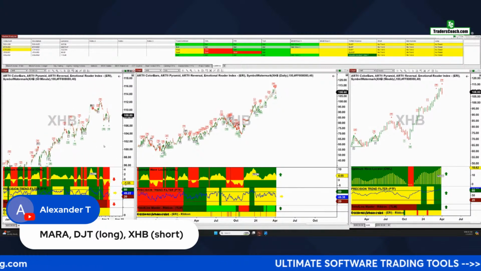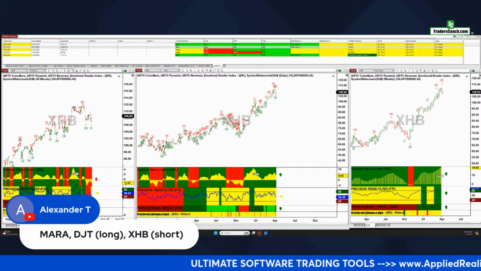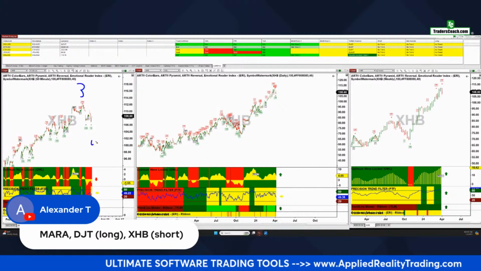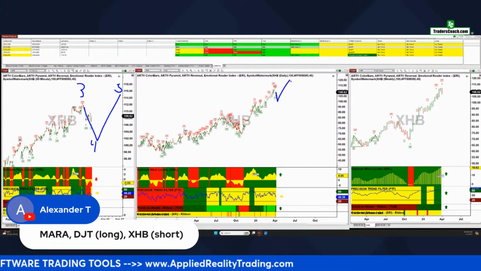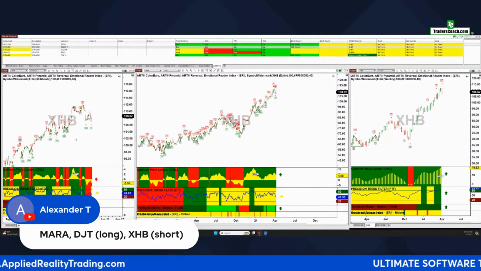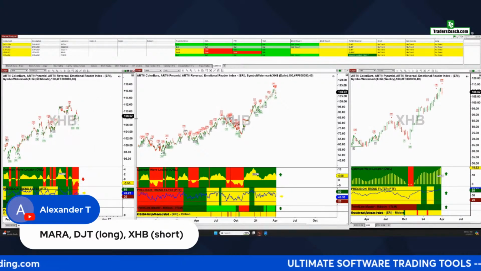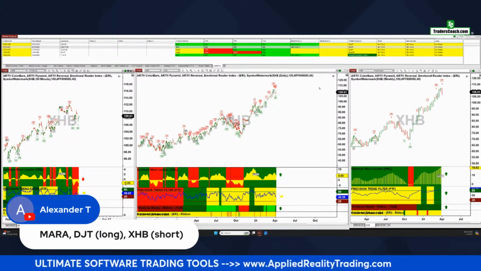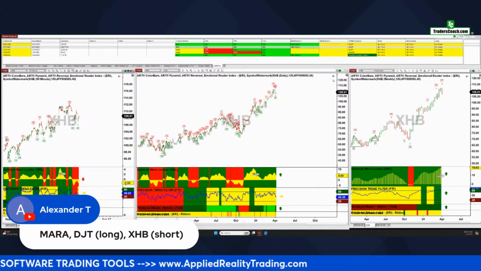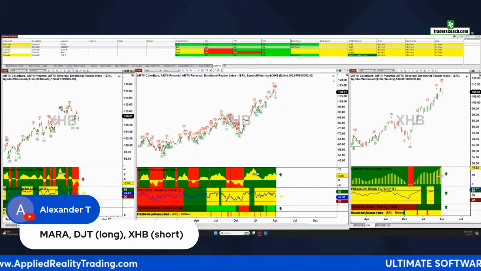And if you look at this, this will form the hook. So this is a 3, 4, 5. 5 will be the hook. Okay, so don't short it yet. Wait until we get a 5th wave completed on the 60-minute chart. Okay, and we see some rolling over. But yeah, I think that's not so bad for a possible short because it's fairly clear in the future, but not right now. All right.